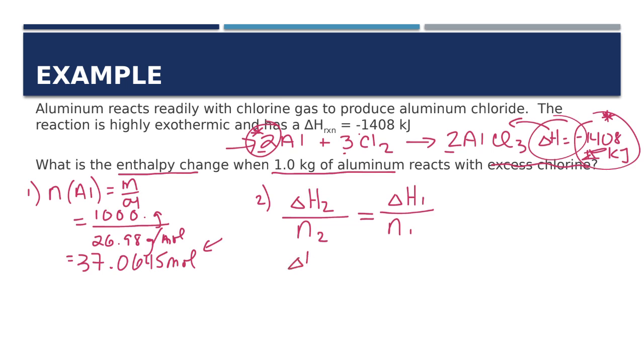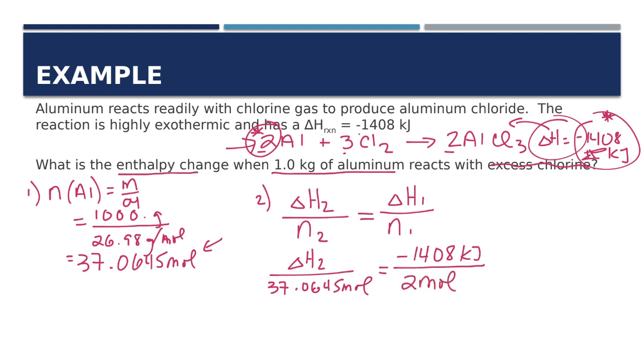So I want to solve for delta H2. I'm going to figure out that new enthalpy when I now react 37.0645 moles of aluminum. And then I'm going to compare that to the original enthalpy value of 1408 kilojoules, which is created when I react 2 moles of aluminum. So we're going to cross multiply. I'll bring the answer up here. My new enthalpy value, delta H2, is equal to negative